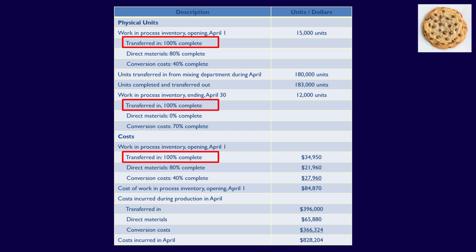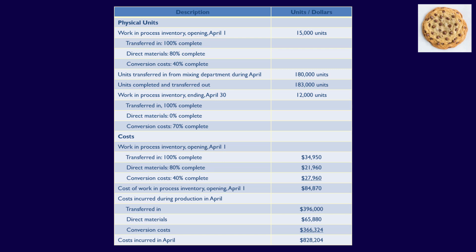That's because they were completed in the prior department, which in this case is the mixing department. In addition, we're using the weighted average method, so there is information which we do not use. Always get rid of this information first so it reduces the chances that you'll use it in error. When we use the weighted average method, we don't use the percentage complete for the opening work in process. So we strike through transferred in 100% complete, direct materials 80% complete, and conversion costs 40% complete for the opening